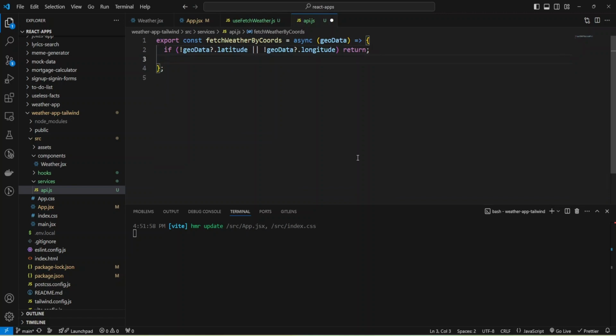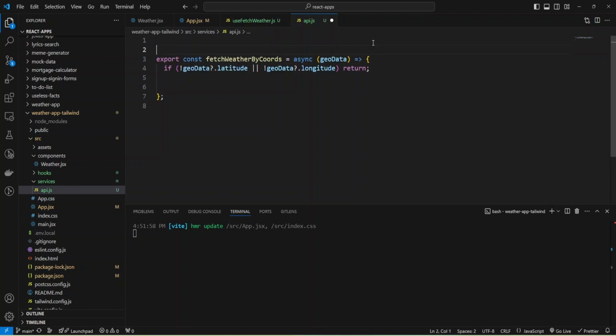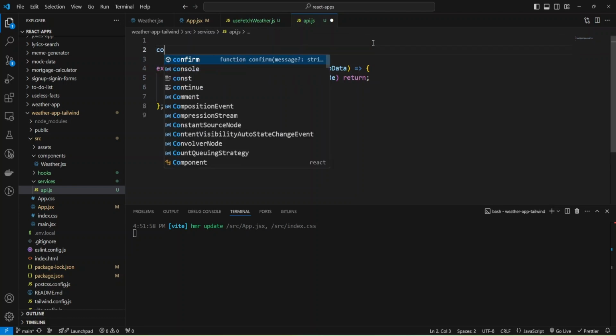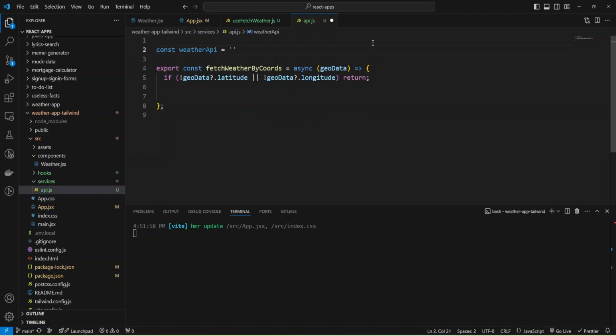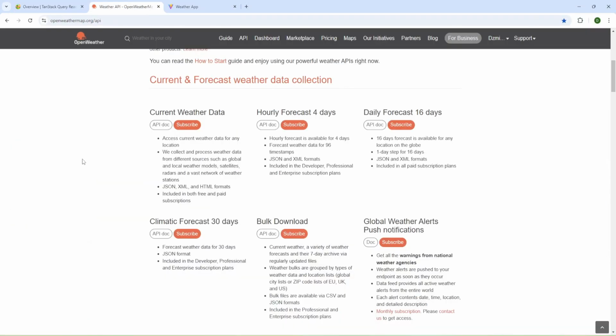Okay, and if we have data, we can make an API call to our API, and let's define the API. I'm going to add const weatherAPI, and let's check the docs.